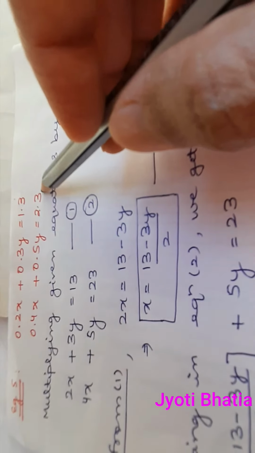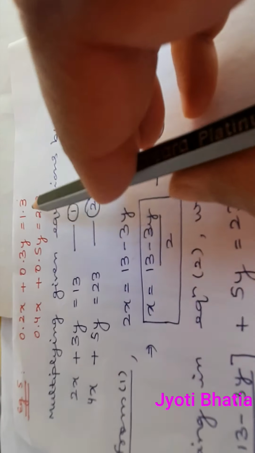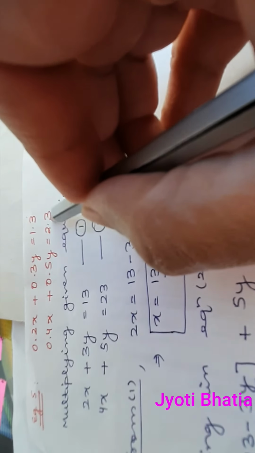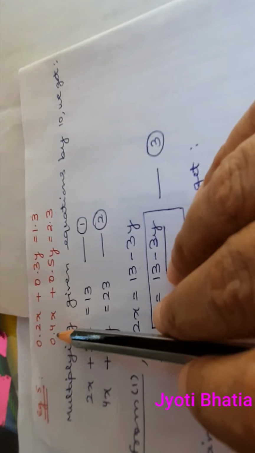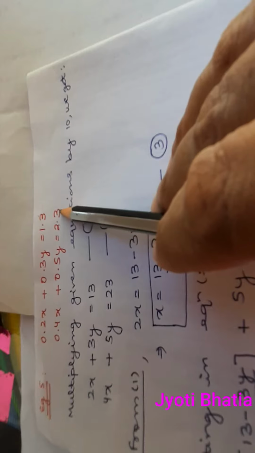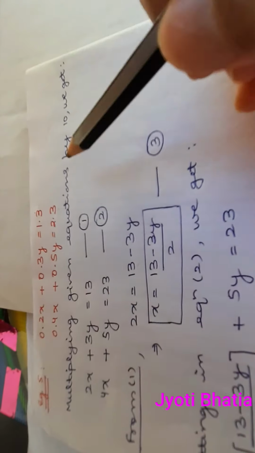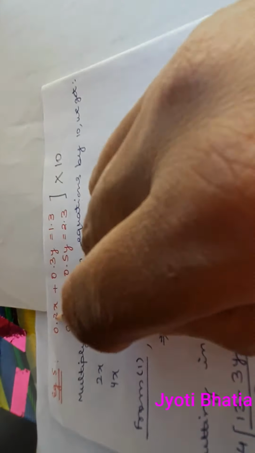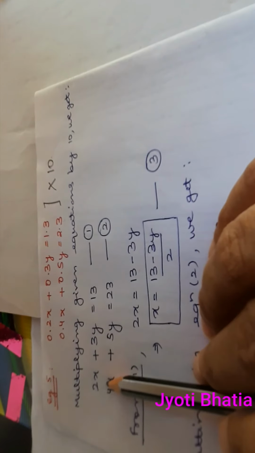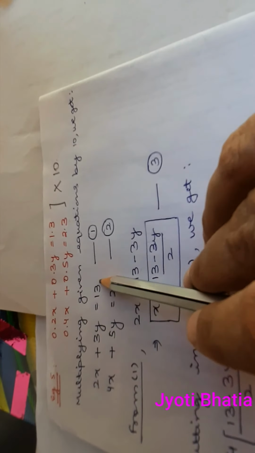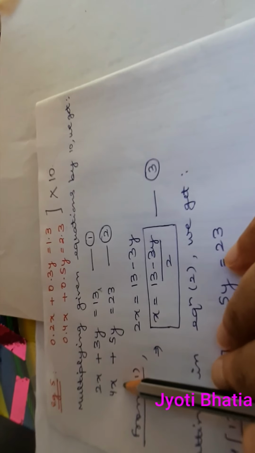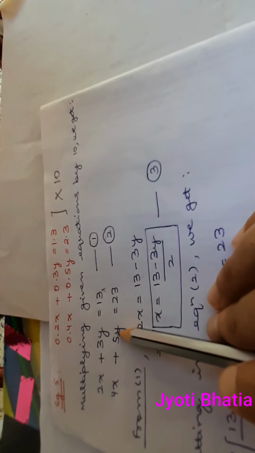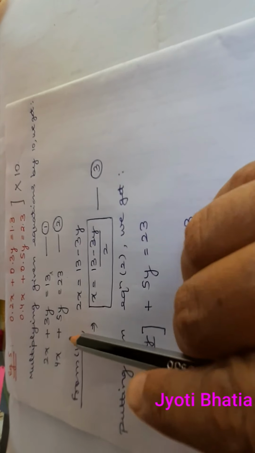Now we are taking the next example in which all the coefficients and constant terms have decimals. But the best part is beta, all the numbers have decimals up to one place. After the decimal there is just one digit, and one digit means 10. So we are multiplying both these equations by 10. When you multiply by 10, 0.2 will become 2x, it will be 3y, 1.3 will become 13, and likewise 4x, 5y and 23. I told you look for the coefficient 1 which is not available. So we are looking for coefficient 2.